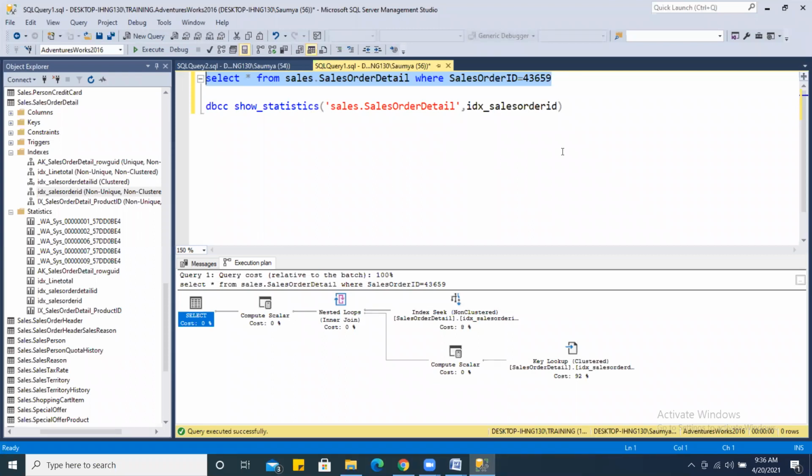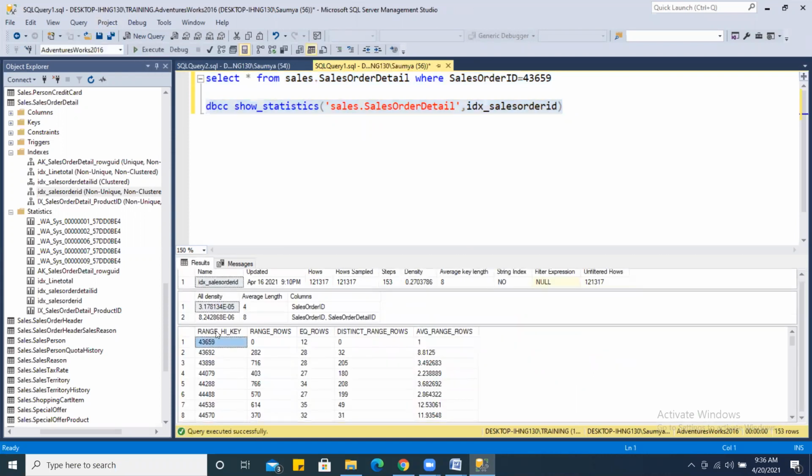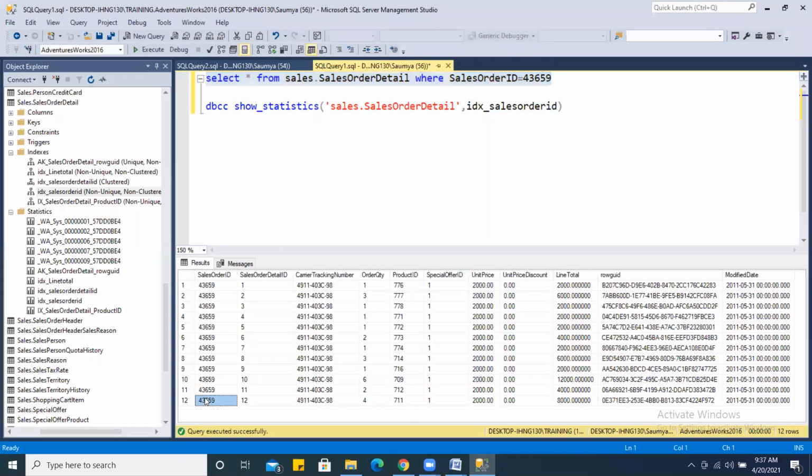It is getting that information from the statistics. The third section of the statistics that you see is known as the histogram. And here, equal to 43659, EQ_ROWS means equal rows. Equal to 43659, you have 12 rows. So that's why it is returning me 12 rows. If I now execute this query, I will get 12 rows.